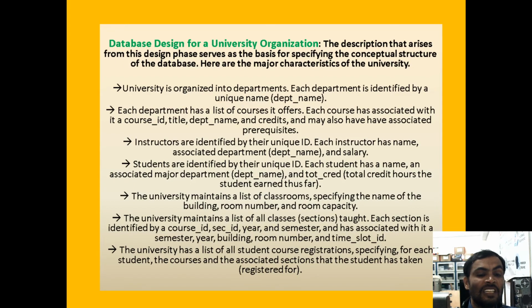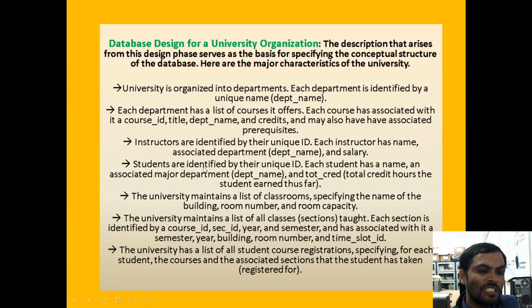Schema means defining the structure. Database schema means it is defining the structure. Here, this we can call a database schema: department schema, instructor schema, student schema. These three tables we can call schemas. A schema defines the structure, which can consist of table name and attribute names. Here we have department schema, instructor schema and student schema.